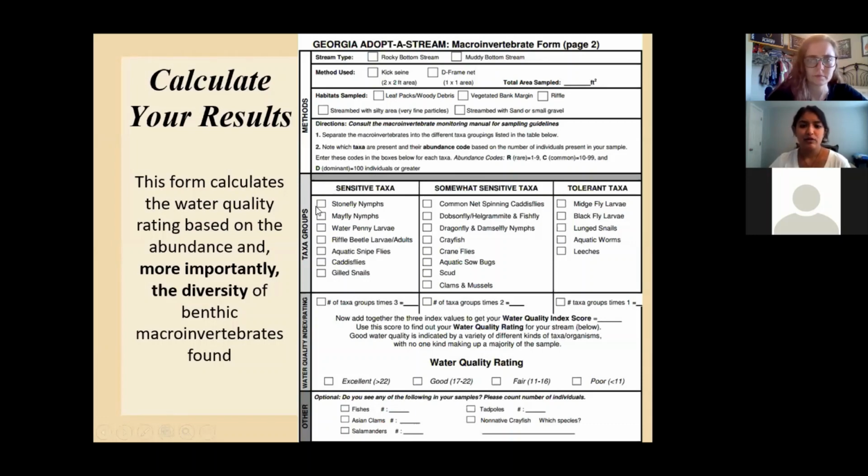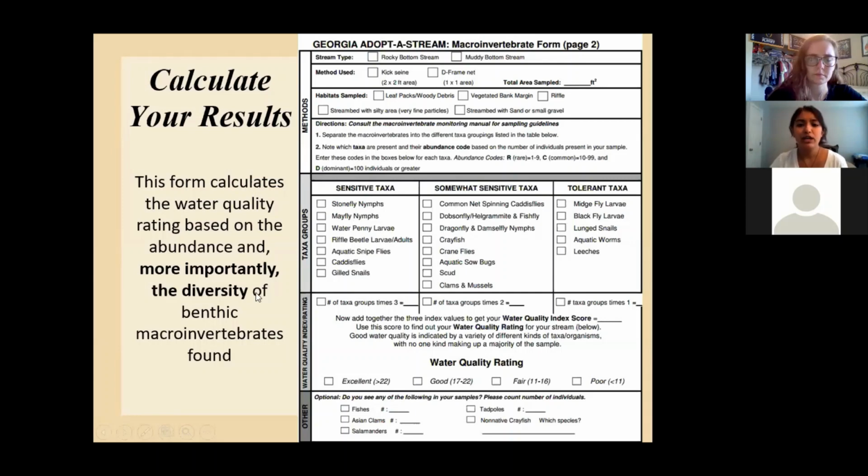So here we have our taxa groups of the different macros, divided into those three categories that Bailey had mentioned: the pollution sensitive, somewhat sensitive, and then the pollutant tolerant macros.